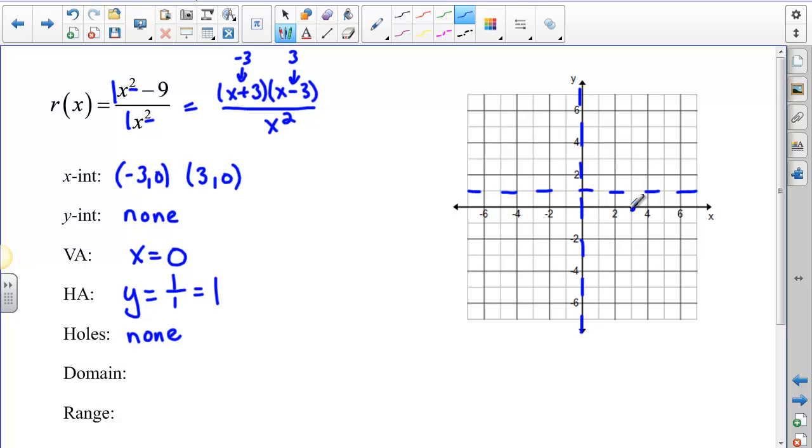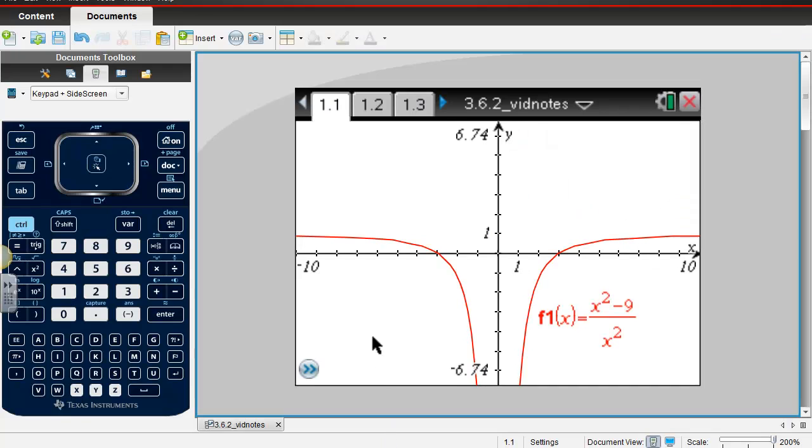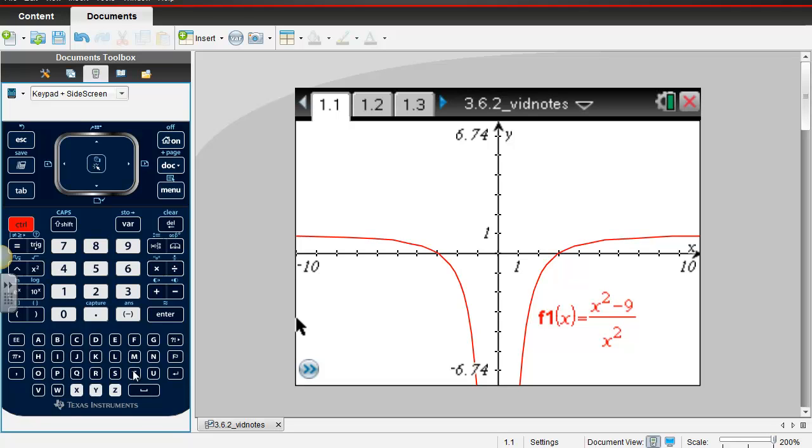And my x-intercepts are (3, 0) and (-3, 0). Now for the rest of the graph, I'm going to come over here to the calculator, and I see that I've graphed it, and this is what my general shape looks like. If I wanted to get specific points, I could press Control T,